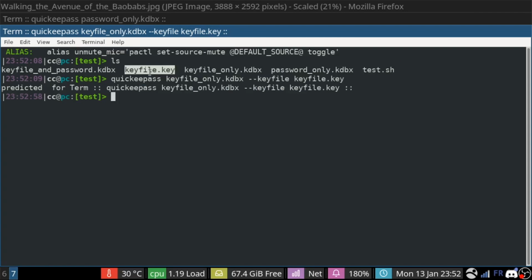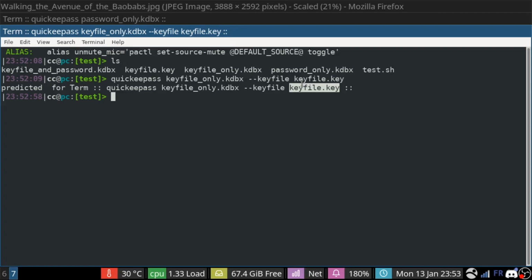What I actually do is store this key file on my phone, and when I plug in my phone, I am able to open the KeePass database. But when I unplug my phone, I will not be able to open the database anymore because the key file will be missing. So no secret information is actually stored on my phone or on my USB key.